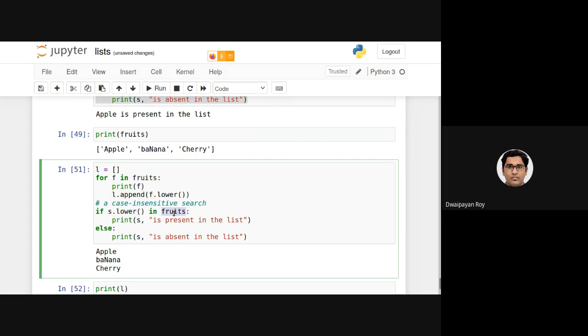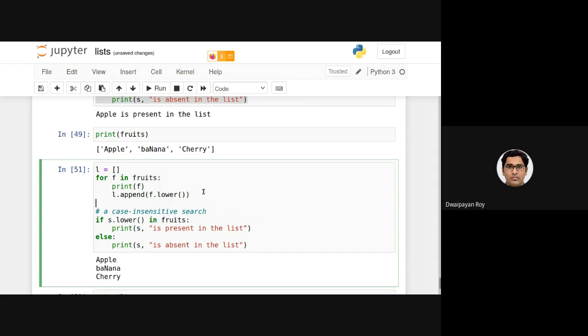I need to change this to the list of fruit names in this L list. Of course, we can also modify the fruits list by this. In this case also it will be case insensitive. Glad that you asked the question. Yes, so in this way we can do this. Any question up to this?